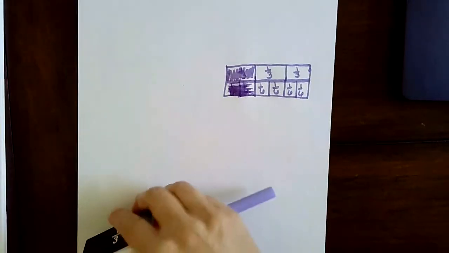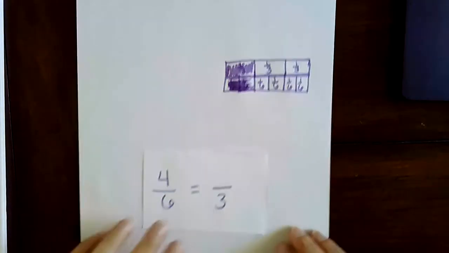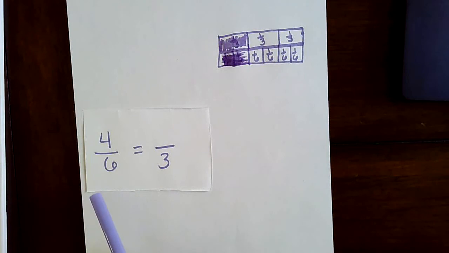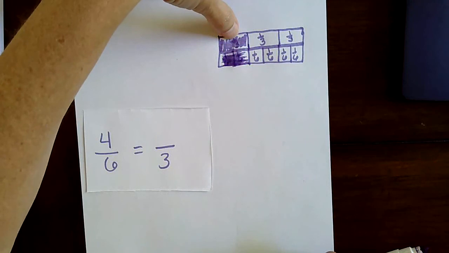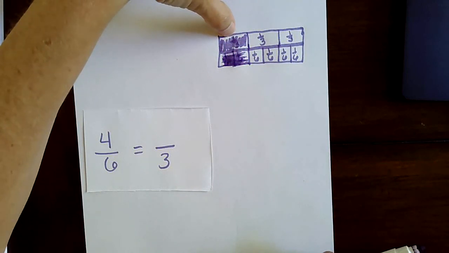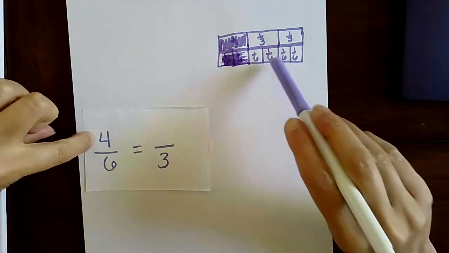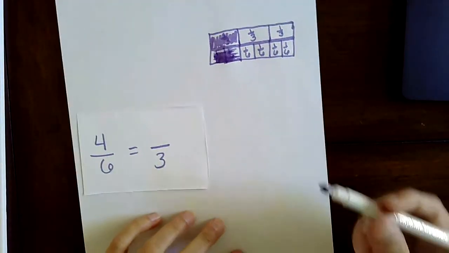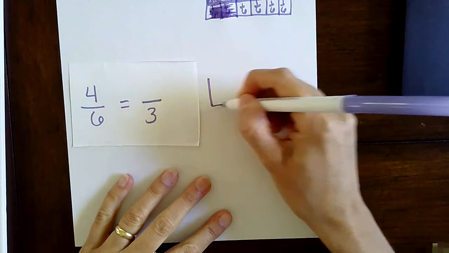Now, last one for you. 4/6 is how many thirds? So last time we started with thirds, and we were missing our numerator on our sixth. Now we're starting with 6 and missing our numerator on thirds. Now you could use the same drawing. You could just go ahead and shade 4/6 on the bottom and see how many thirds that would be on the top. Or you could make a new drawing,